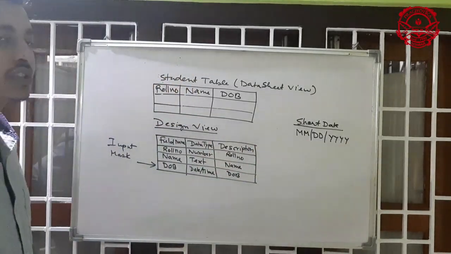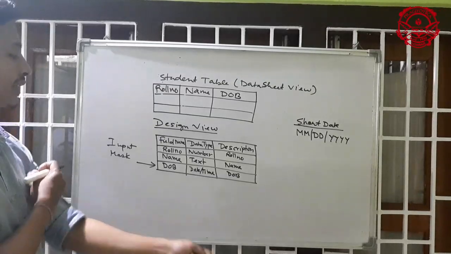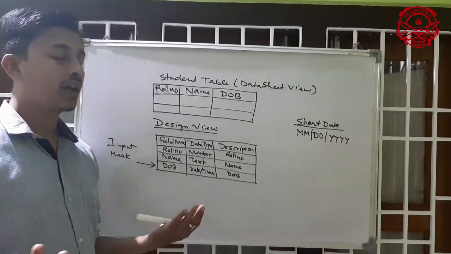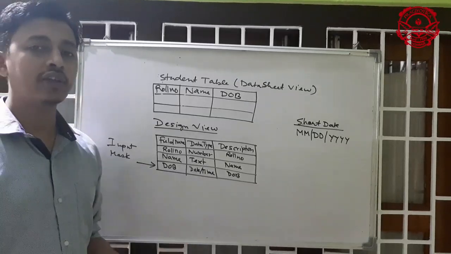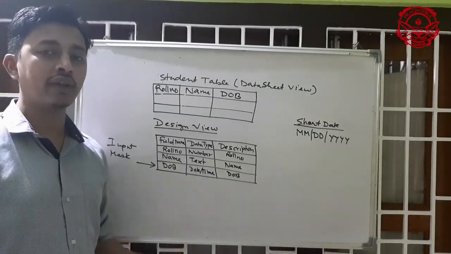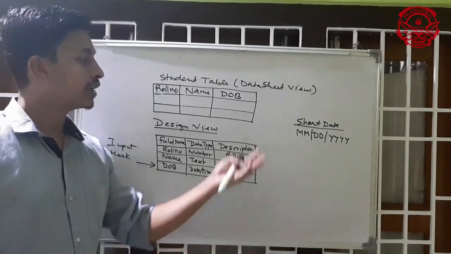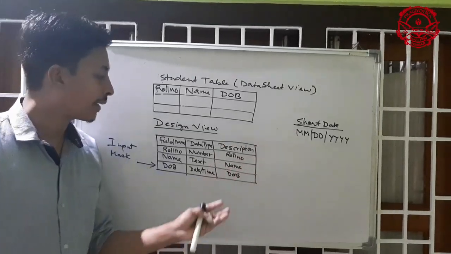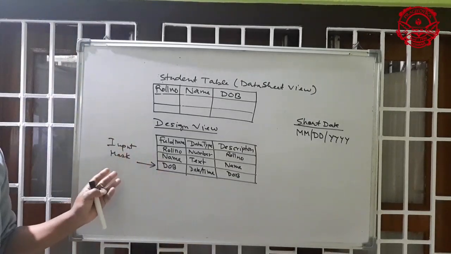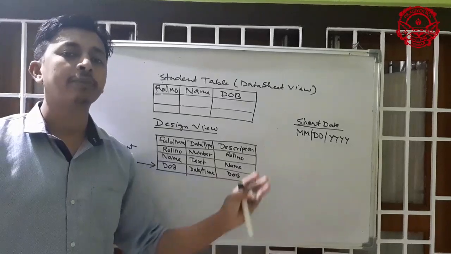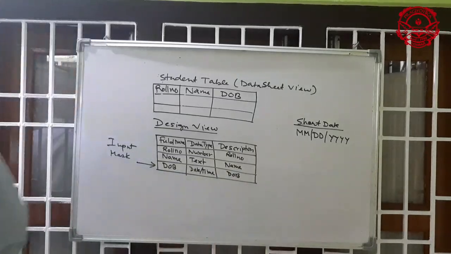For this reason you have to create an input mask. Otherwise the date of birth field will get the default value, but you don't want the default value, you want to create your own input mask. So you can create your own input mask by going to the field properties, and after that taking the input mask option. Now you can see in the book,